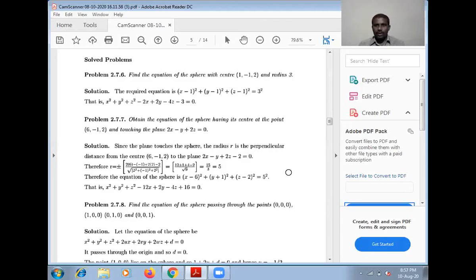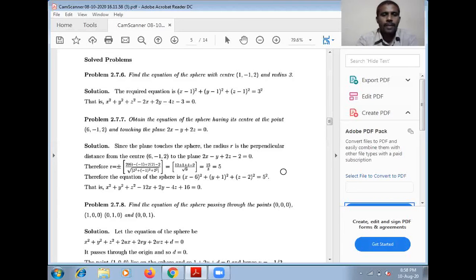గోళ సమీకరణాన్ని కనుగొనాలంటే మనకు గోళ కేంద్రం తెలిసి ఉండాలి మరియు అదే విధంగా వ్యాసార్థం తెలిసి ఉండాలి. సో ఇక్కడ వాట్ ఈస్ దేర్ గివెన్, స్ఫియర్ హ్యావింగ్ ఇట్స్ సెంటర్ అట్ ది పాయింట్. సో సెంటర్ పాయింట్ ఇచ్చాడు మనకు. Center point is 6, -1, 2, but here we have no radius of the sphere. But here given is the plane equation, and the plane is touching the sphere at 6, -1, 2. ఆ బిందువు వద్ద plane equation అనేది మనకు కనిపిస్తుంది.